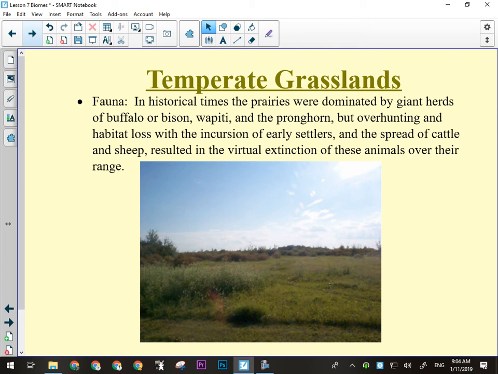Okay? They were easy to hunt. They were inconvenient when it came to growing crops. A whole herd of 10,000 of them would come through and eat your crop. Okay, so we got rid of them. Okay, we started building fences and things like that. Not that a buffalo can't run through a fence, because man, they can. Okay, you have to build really big fences,